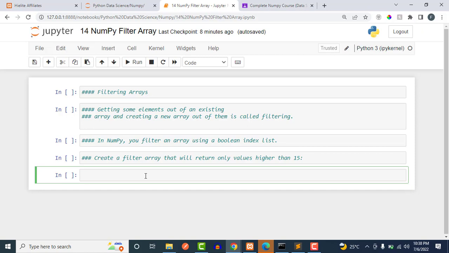Getting some elements out of an existing array and creating a new array out of them is called filtering. By the time you get them out of that array, you are creating a special array for them as well. It's just like creating a home for some data by bringing them out of a particular home. That's exactly what it means. And there is one thing about this: it's filter in Boolean index list. So what do I mean by Boolean index list? Let's import